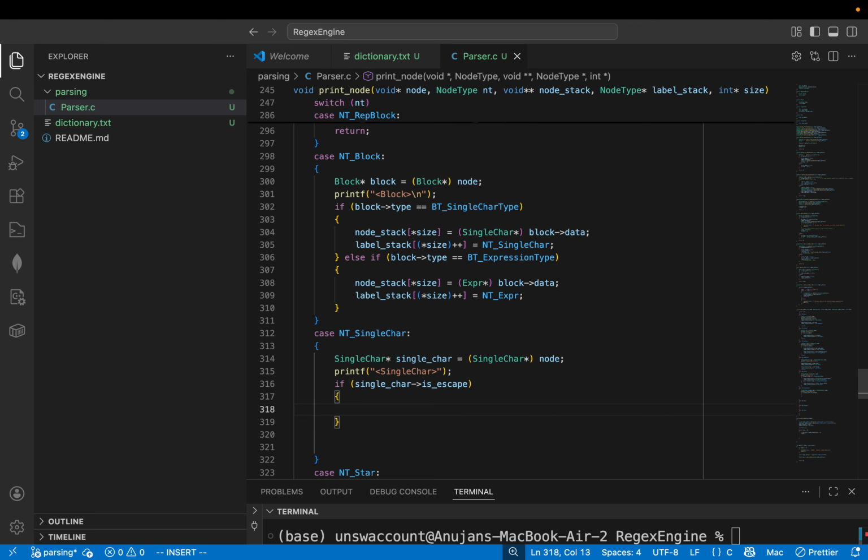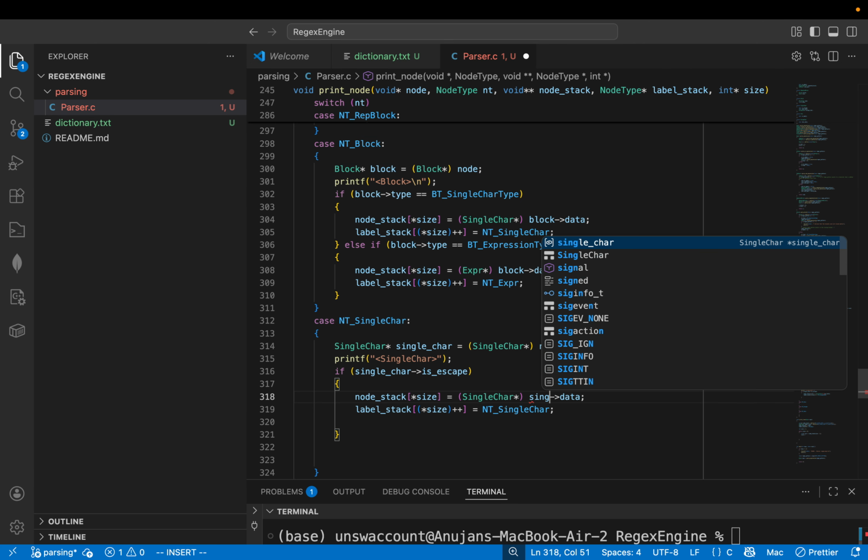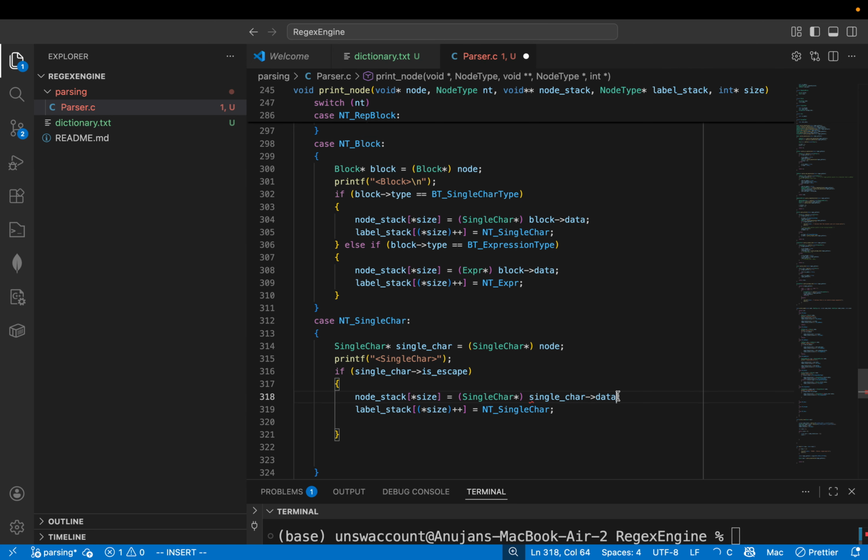Yeah, we'll do it as follows. The escape char pointer, right? Don't need to cast anything. NT escape is escape. If it's not escape,